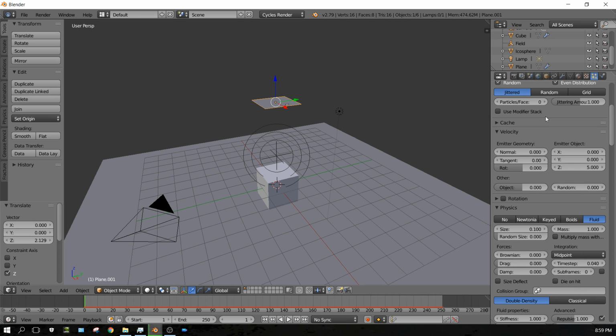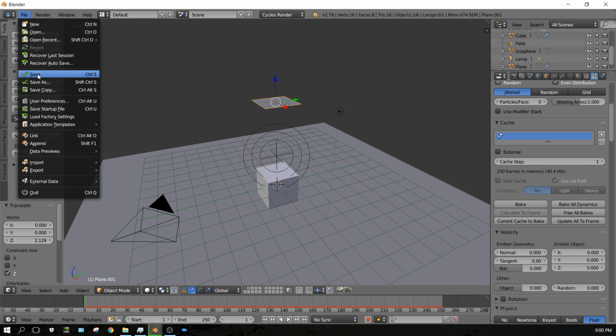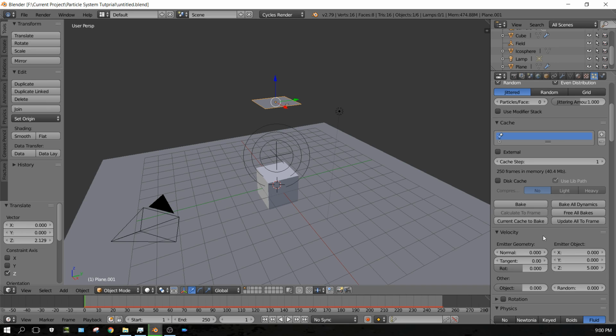Here's one other thing, I forgot to mention this. When it comes to just 10,000 particles and 250 frames, you can get by without disking your cache. But it's always a good idea to disk your cache, or to write your cache to disk. Now, to do that, you have to click here, but in order to do that, you have to save your project first. File, save, and then I'm just going to rewrite over top of that. Now I can click disk cache,